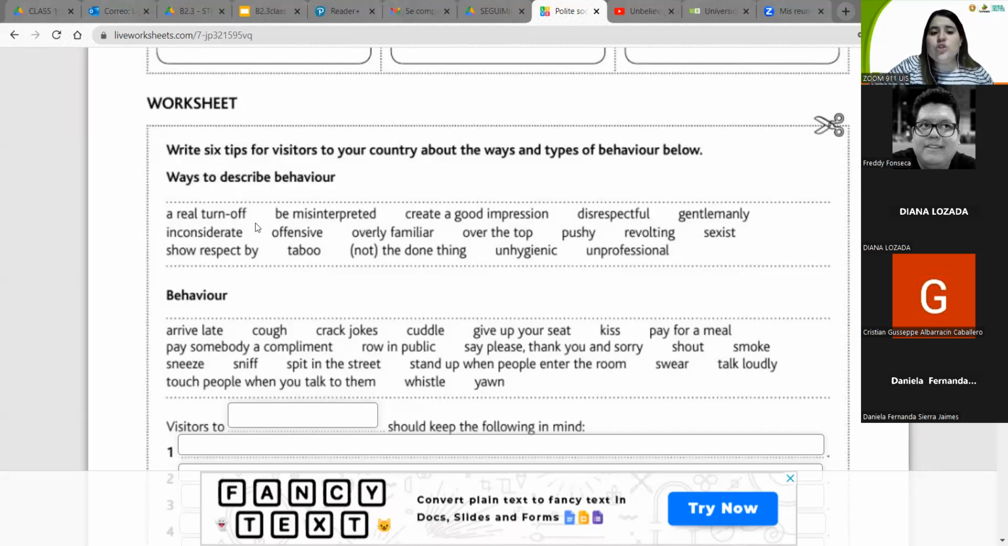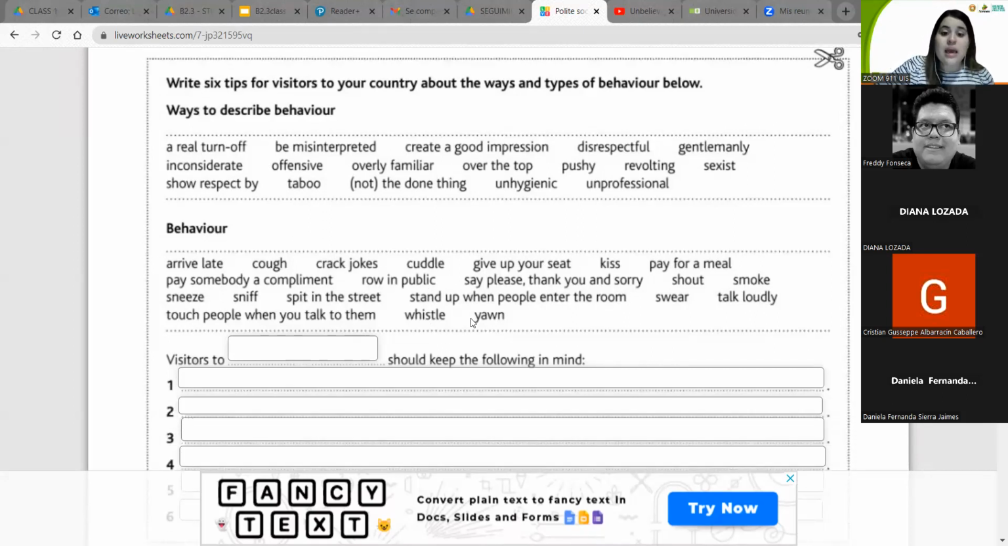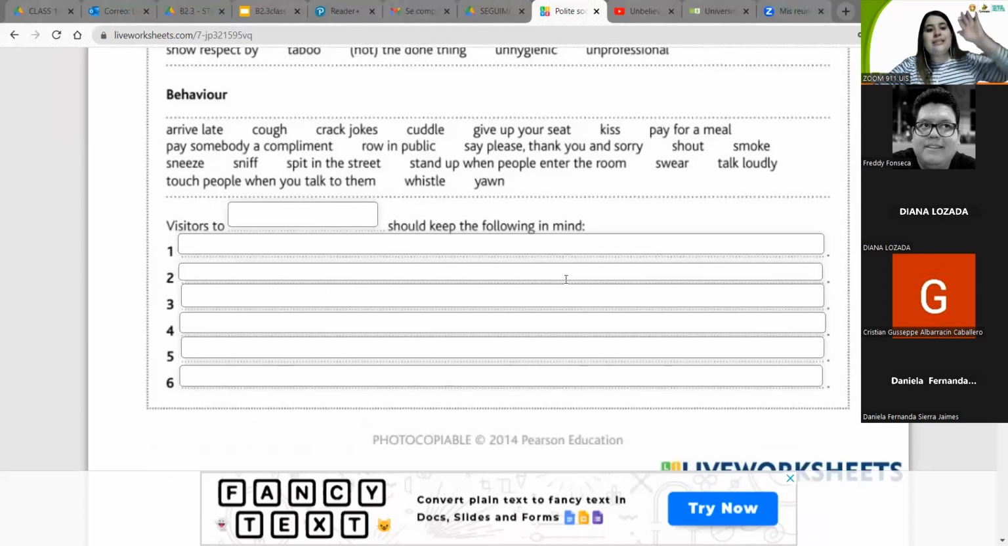Or a real turn off is to cuddle in public, or crack jokes, or give up your seat, or kiss, or pay for a meal, pay somebody a compliment, row in public, say please, thank you, and sorry. Well, you guys are going to go to working groups. You are going to choose a country, any country that you want, and then you are going to create some behaviors